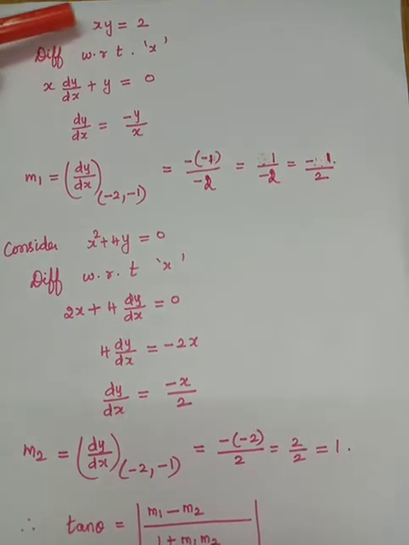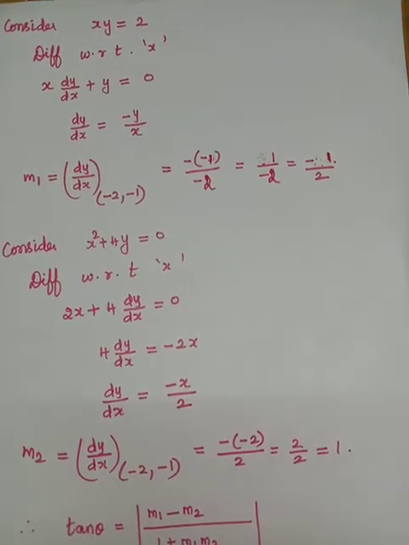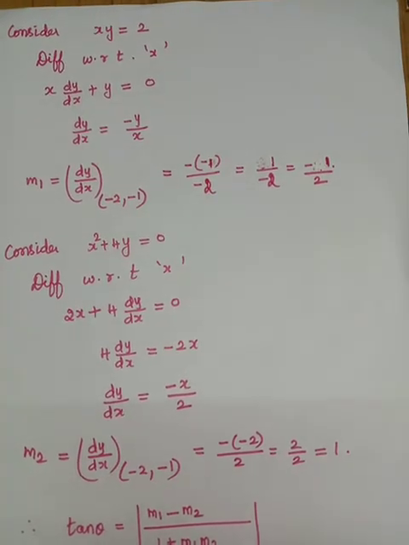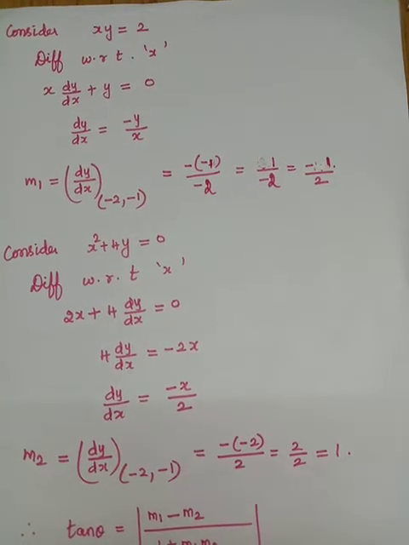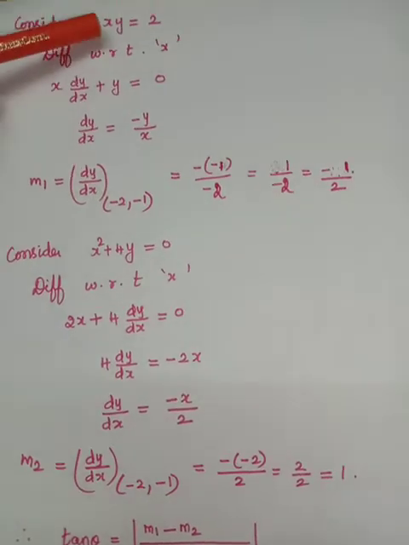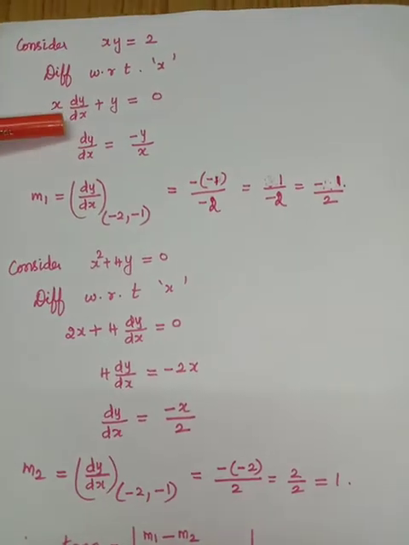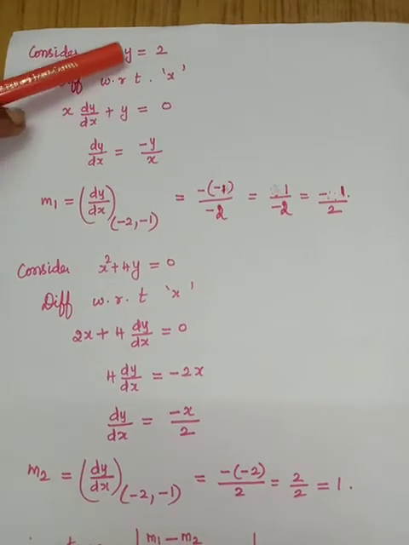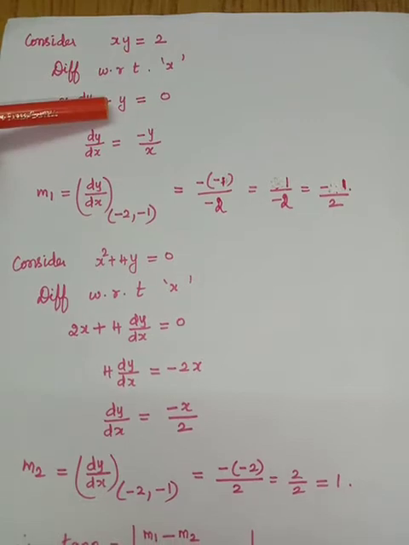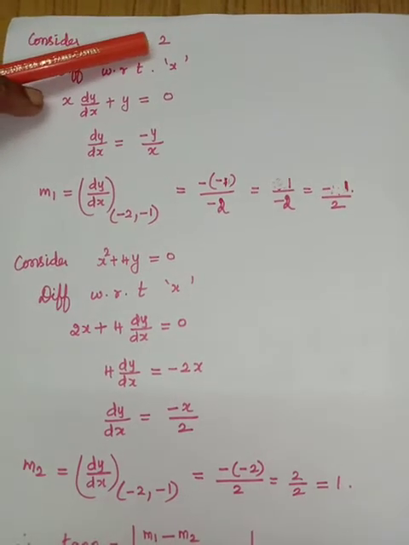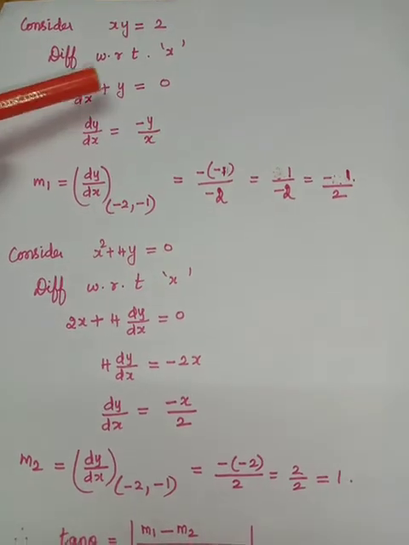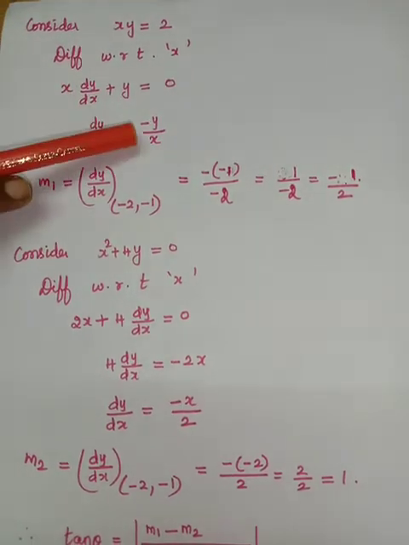You see that? Consider the curve xy is equal to 2. You see xy, it's a product of two terms. How to differentiate the product of two terms with respect to x? You have to use the product rule. So here first term I kept as it is. I have differentiated y with respect to x is dy by dx, plus second term I have written as it is. When you differentiate x with respect to x is 1, is equal to, the differentiation of the constant is 0. So dy by dx is equal to minus y divided by x.